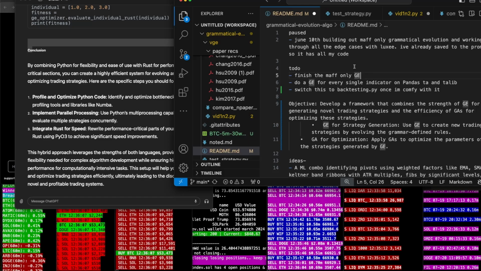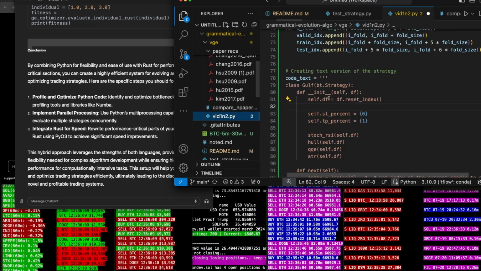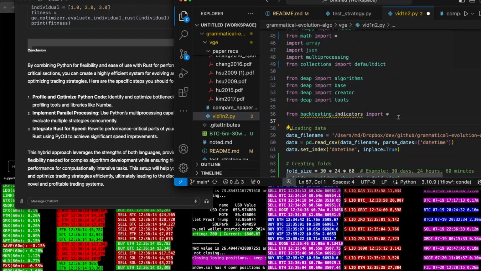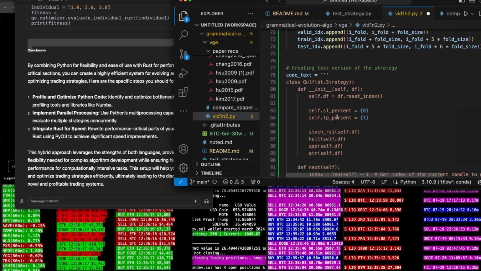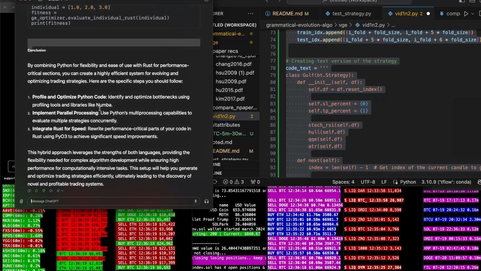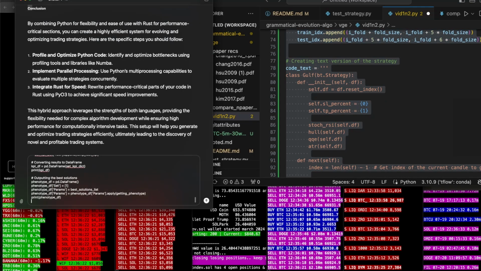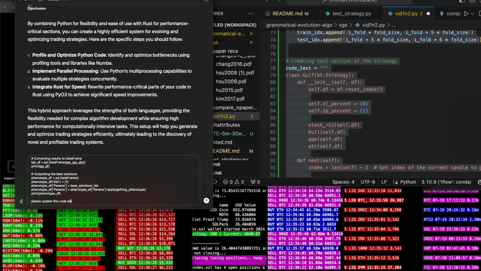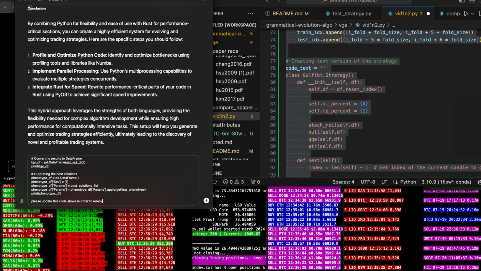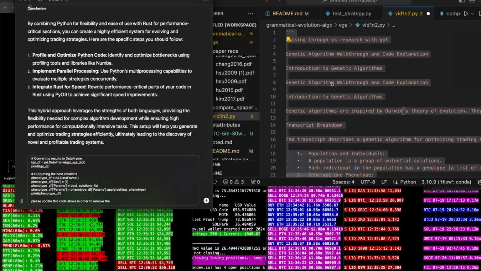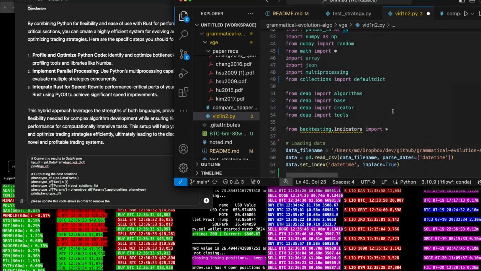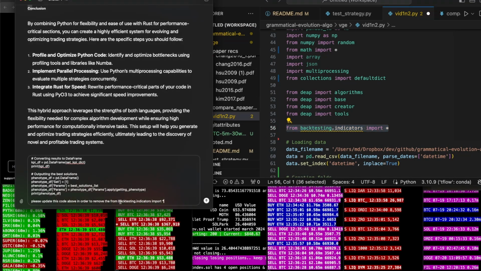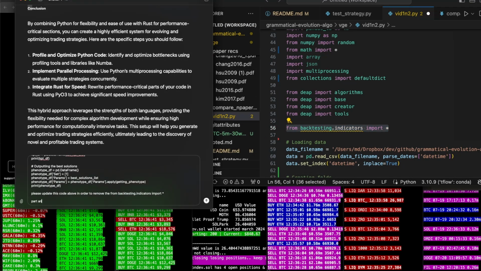Let's keep going. So what I want to do now is take this and update it. I don't have access to this backtesting.indicators, so I want to remove it first off. So let's go ahead here and say, please update this code above in order to remove the from backtesting.indicators part, and